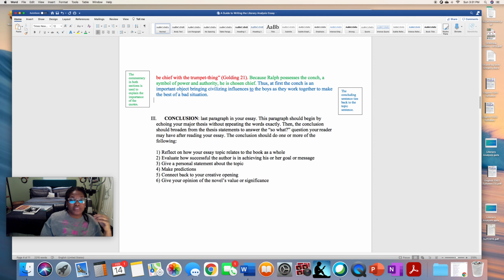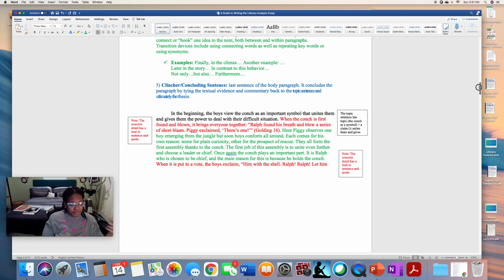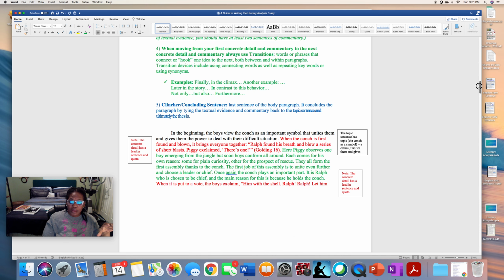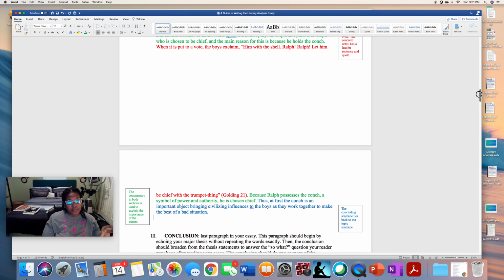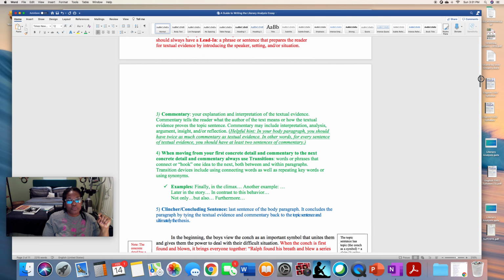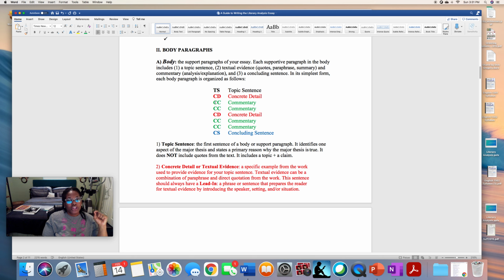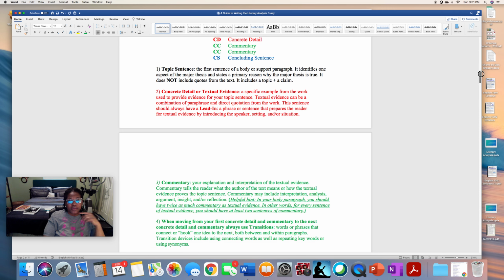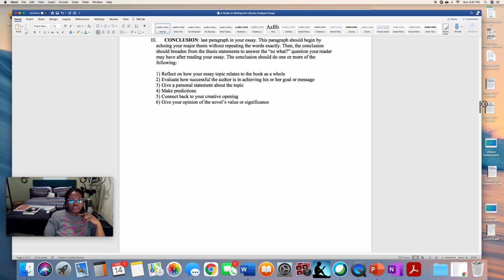The conclusion is going to be the last part of your essay. You will have several body paragraphs depending on how many points you are making to prove your thesis. You definitely will have more than one body paragraph, but each of your body paragraphs will follow this formula. So before you get ready to submit your essay, look over this formula and make sure that each body paragraph follows it. Once you have 2 or 3, probably 3 body paragraphs, you are going to write your conclusion. Your conclusion is going to do these 6 things.